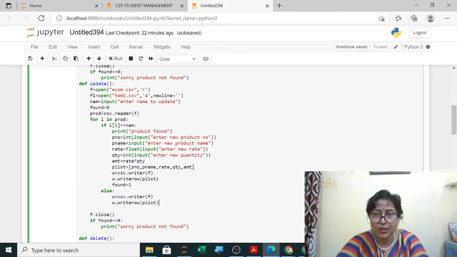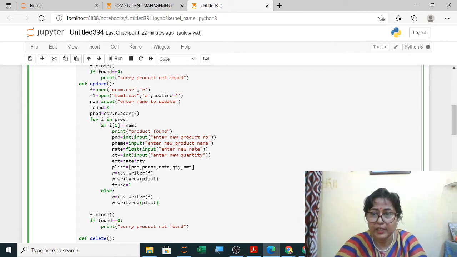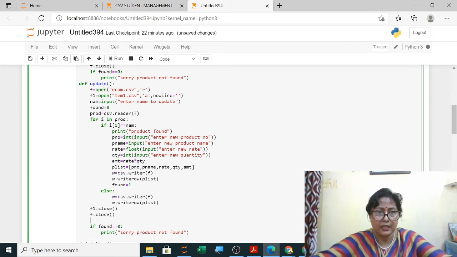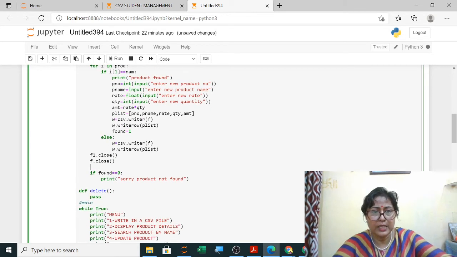Now we will close both the files and then we will remove and rename it and then we will print it. So f1.close. We will close both the files, and this you can write anywhere, before also, afterwards also.